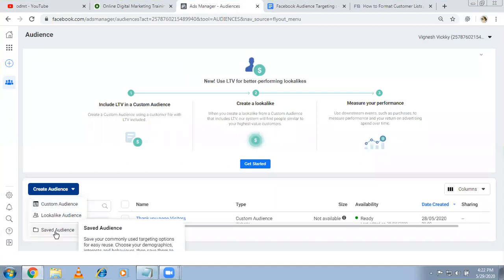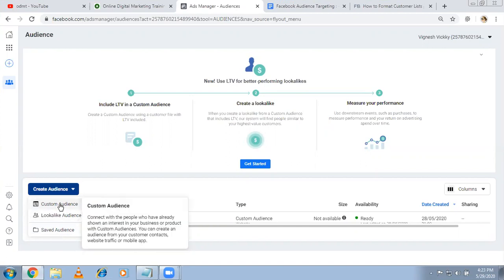See, saved audience is nothing but when you are targeting for the first time, you selected by age, gender, place, and all these things. When you want to create another ad, you don't have to target them again. Simply save them. Okay. Not only that, even the combination also you can save it anyway. But as of now, remember saved audience is that.